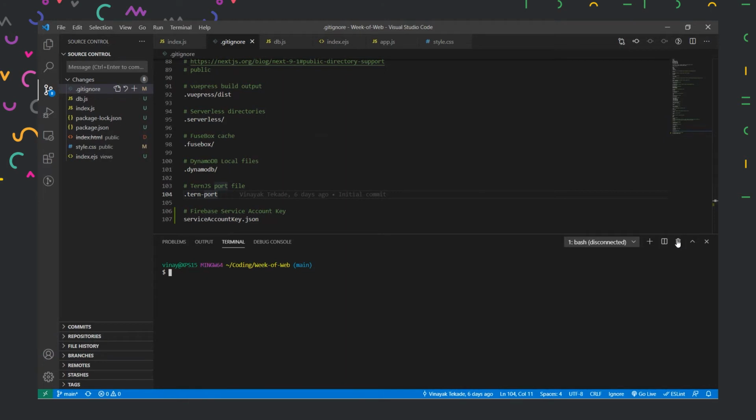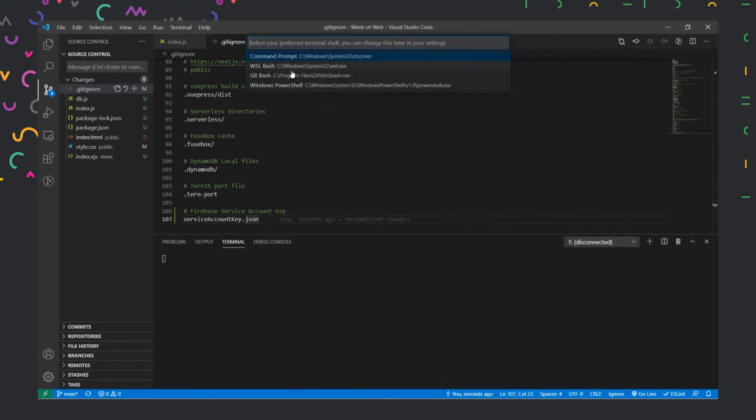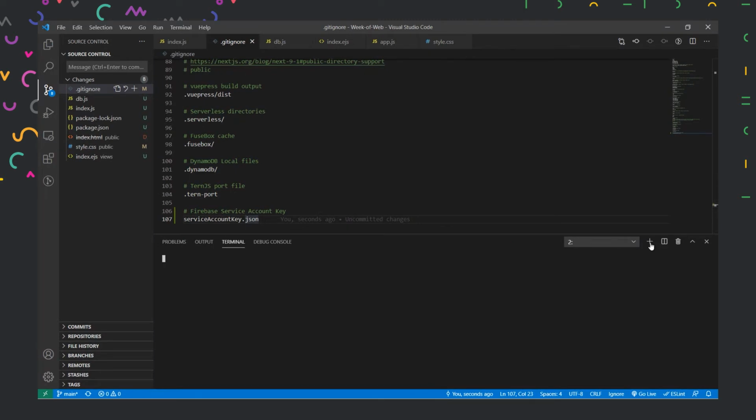It says disconnected. So I'll create a new terminal session here. Okay, for some reason this terminal is not working for me. So go to git bash and create a new one. All right, so I need to see what issue is happening over here. Now it is working. The git bash had crashed earlier, so that is why it was showing disconnected. So I had to restart the git bash server for our integrated terminal.